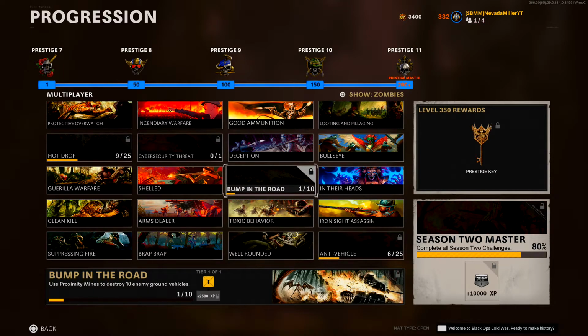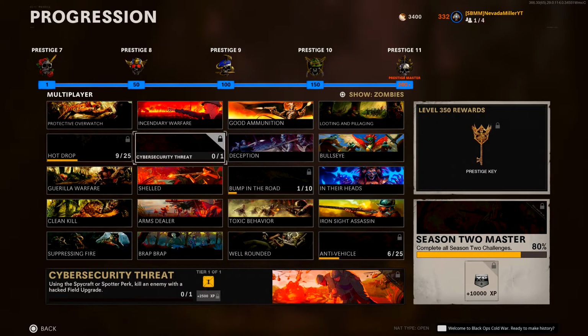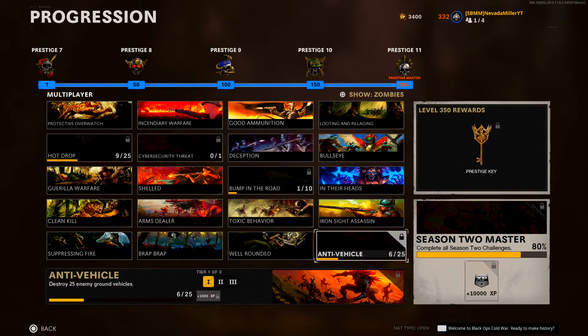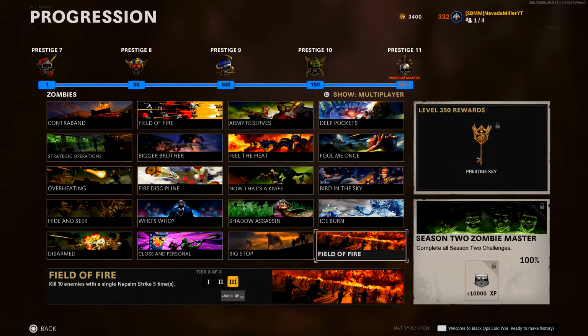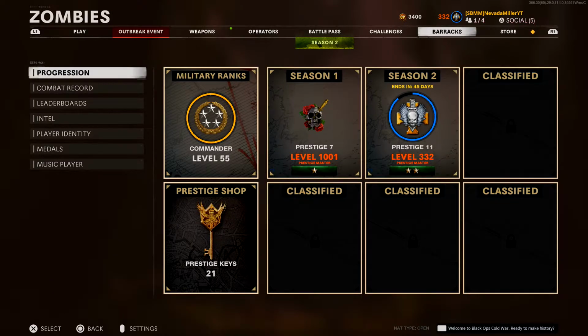I don't really want to use a proximity mine to destroy ground vehicles. Neither do I want to do this one. This one isn't hard though. And this one is kind of difficult because I never find anybody that uses anything lethal, at least in this game. I might have to go to Modern Warfare for some of these challenges. But yeah, if you have any questions regarding the Season 2 Zombies Master,